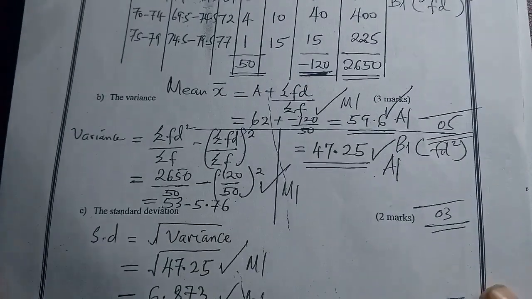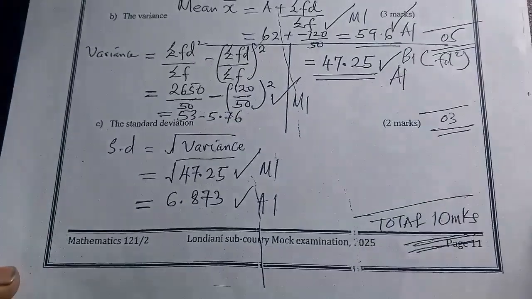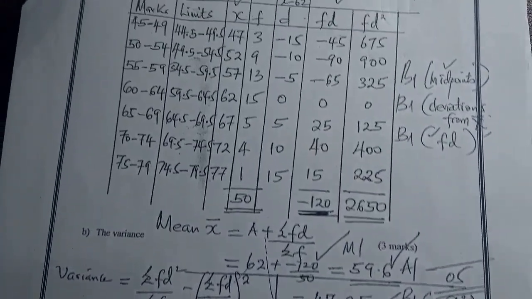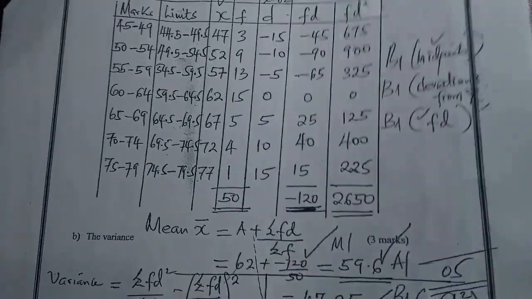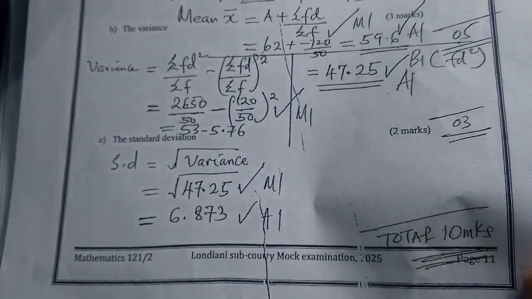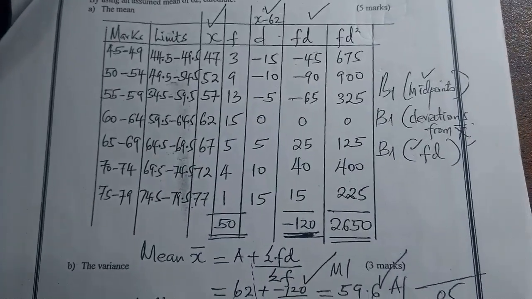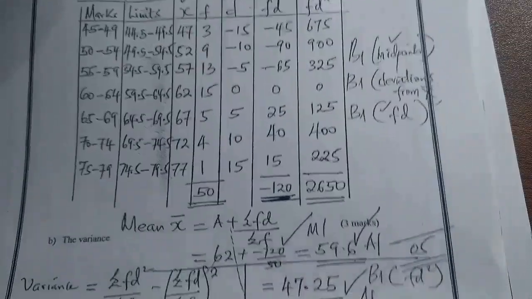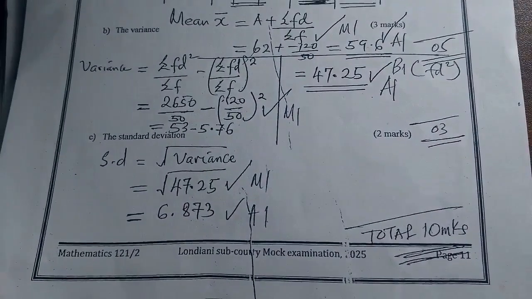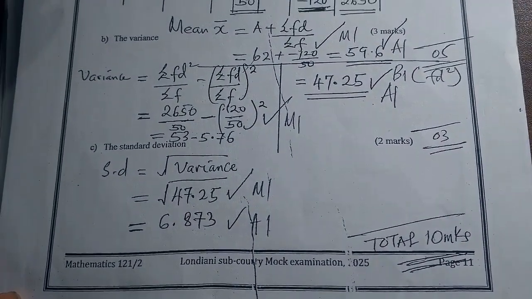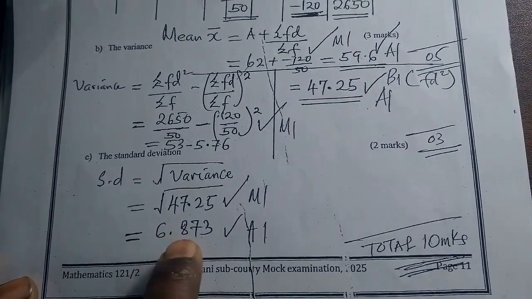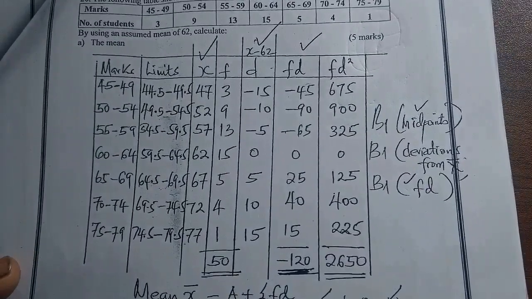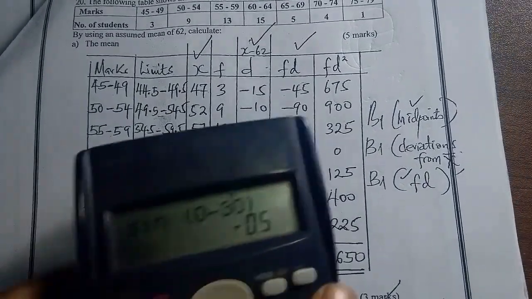I know you know how to calculate the variance and the standard deviation. I've given you the marking scheme so that you can try at your own time. But let me show you how to confirm your answer. Because you must be sure of what you are doing. Your answer is: the standard deviation is this, and the variance is this. So to be sure, I want to show you how to use the calculator and confirm